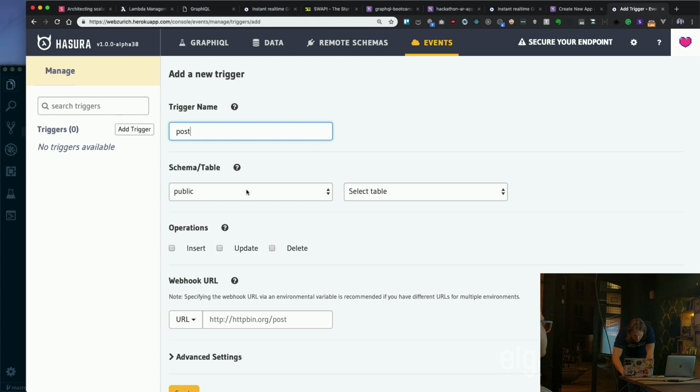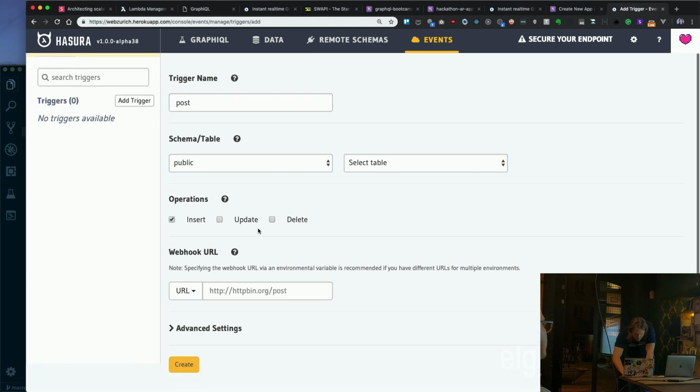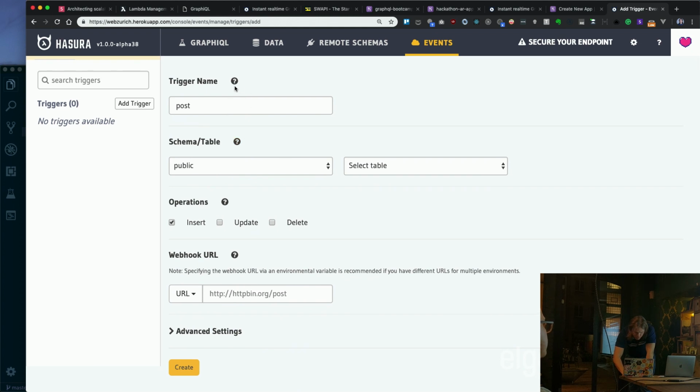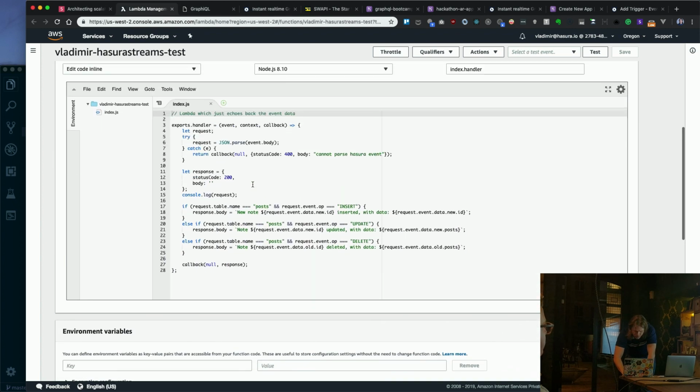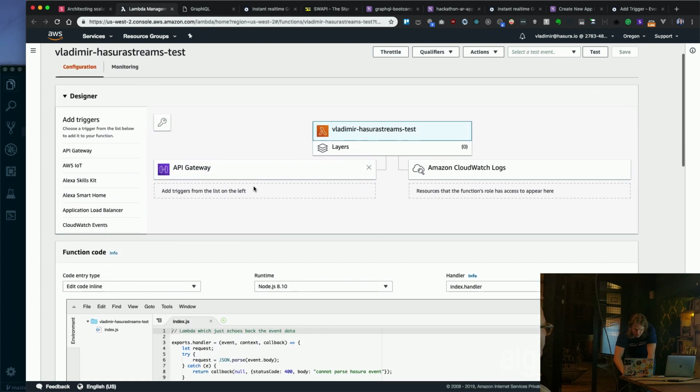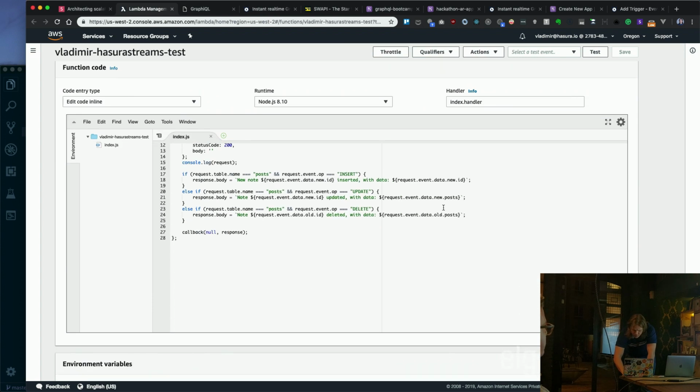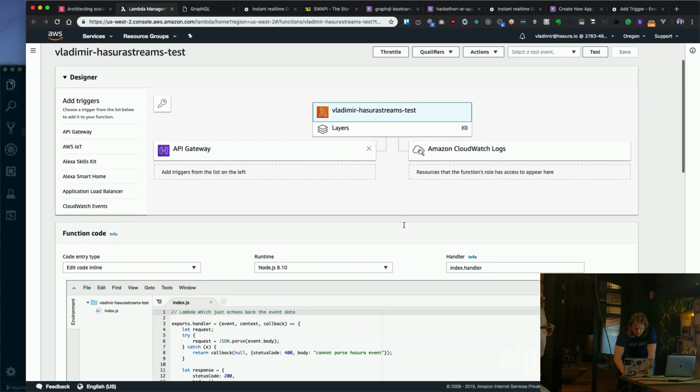So let's do it right now. We want to trigger our custom webhook whenever there is an insert on the database. I have a Lambda function here, which is just an echo Lambda function. It doesn't do a thing, it just prints things to the console.